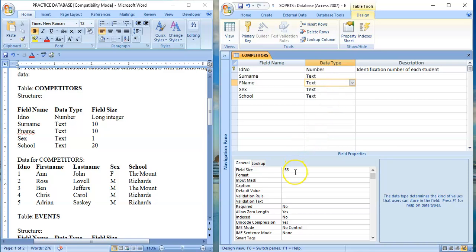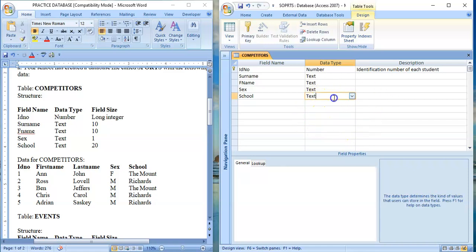First name is 10 as well. Sex is 1. So you realize now that for sex, they're not looking for the word female or male. Seeing that it's 1, they may be looking for M or F. All right, and school is 20. So we have now set that information. Once we have done that, that's all we do for the